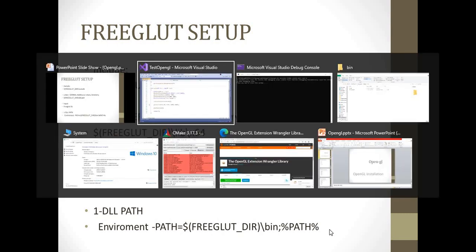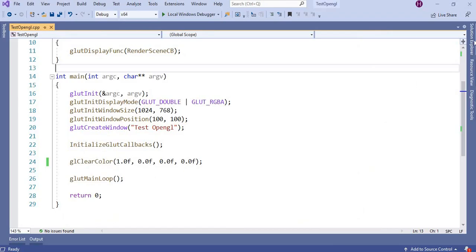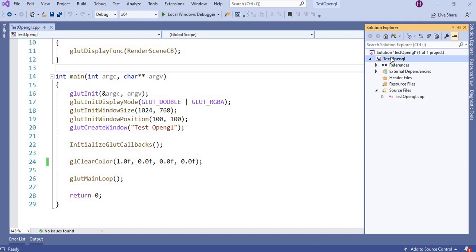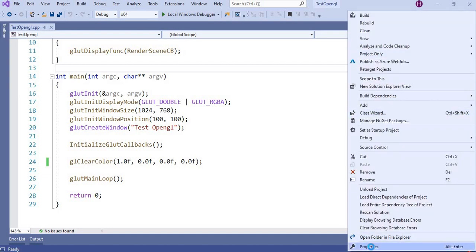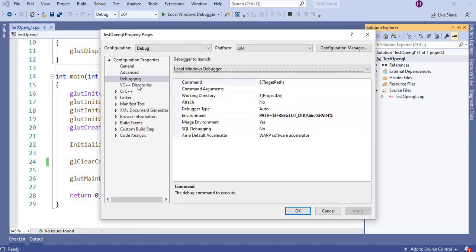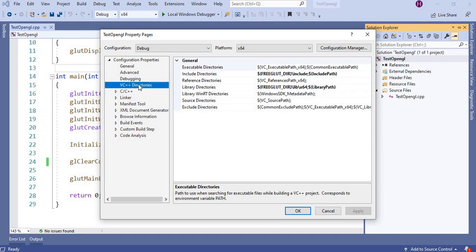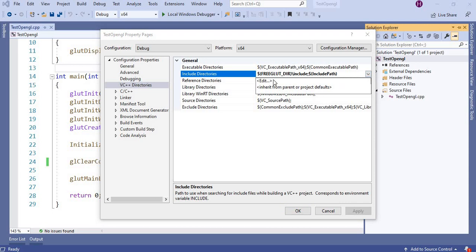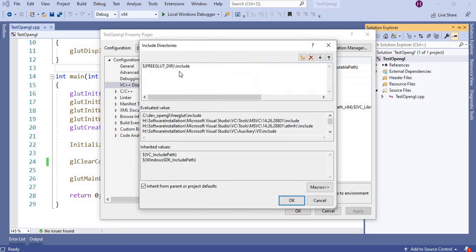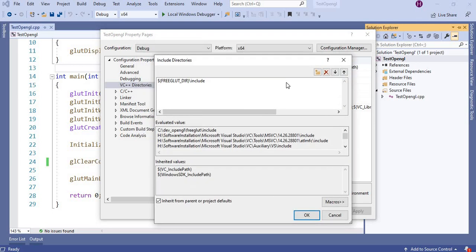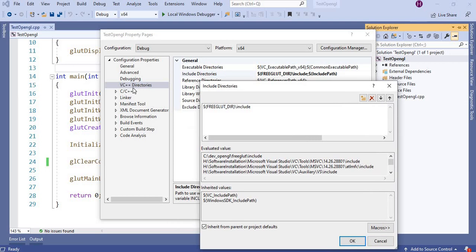I again show you where. Go to right click, properties, VC++ directory, include dir, go to edit and give the path here. Again show you VC dir, include, open, and this.